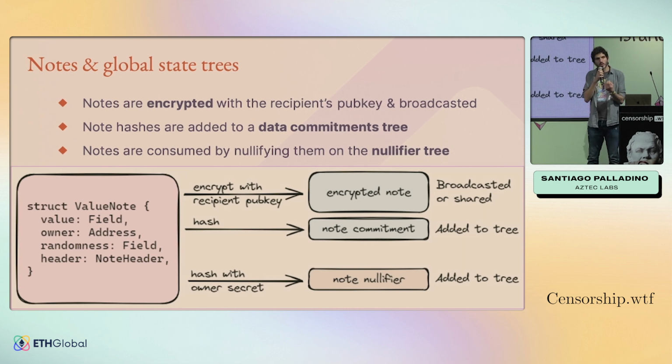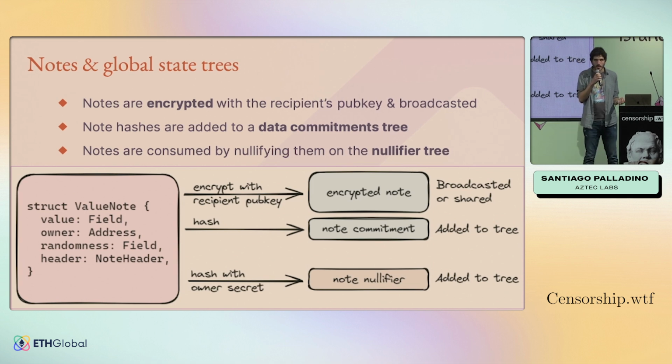But we need to map those nodes, that private state, to the global blockchain state, right? This means that whenever I want to send information to another user, I create a node for that, I encrypt it with a recipient's public key and broadcast it through a network so to make sure and to provably send it to them. But I also need to create a commitment to that node in what we call a global data commitments tree. In other words, if the only proof I have for using a node is that I have it locally, users could be able to create nodes, create state out of thin air.